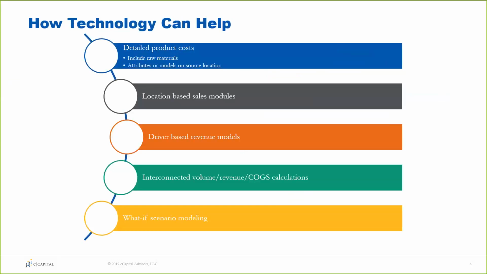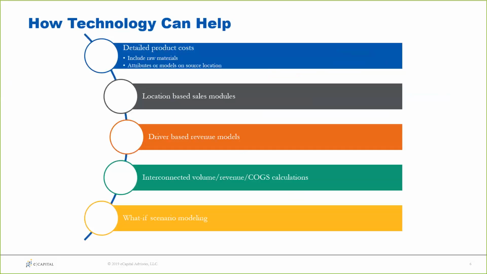So how can technology help? Well, when you're running all these different scenarios, oftentimes you're doing it in Excel. So you end up with just hundreds, if not thousands, of workbooks of what happens if we do this scenario and what's the risk on this? And then you end up doing all these comparisons back or linking all these Excel sheets together to say, well, what about that one situation we had? Or what about a slight variation on that one situation? So you end up with these shared drives with just thousands of workbooks as you're trying to figure out how are we going to deal with this tariff situation.